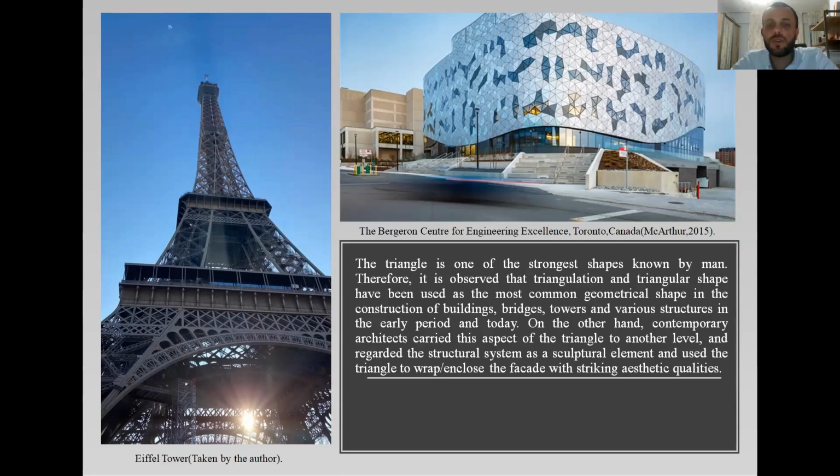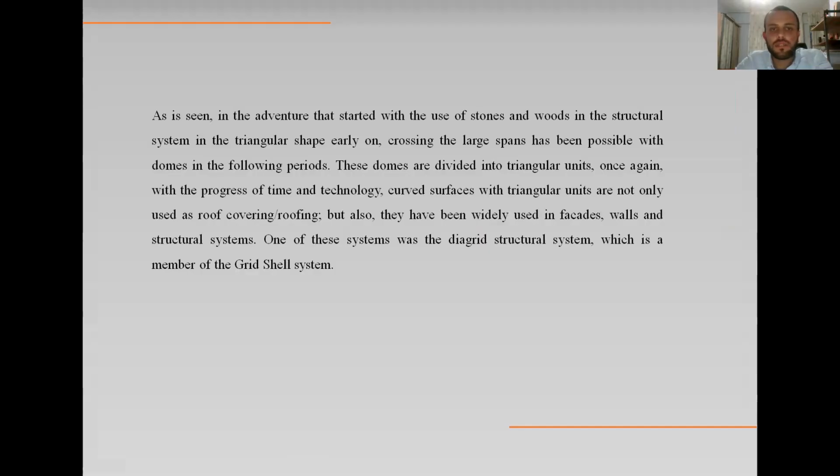with striking aesthetic qualities. As is seen in the adventure that started with the use of stones and woods in the structural system in the triangular shape early on, crossing large spans has been possible with domes in the following periods. These domes are divided into triangular units. Once again, with the progress of time and technology, curved surfaces with triangular units are not only used as roofing, but also they have been widely used